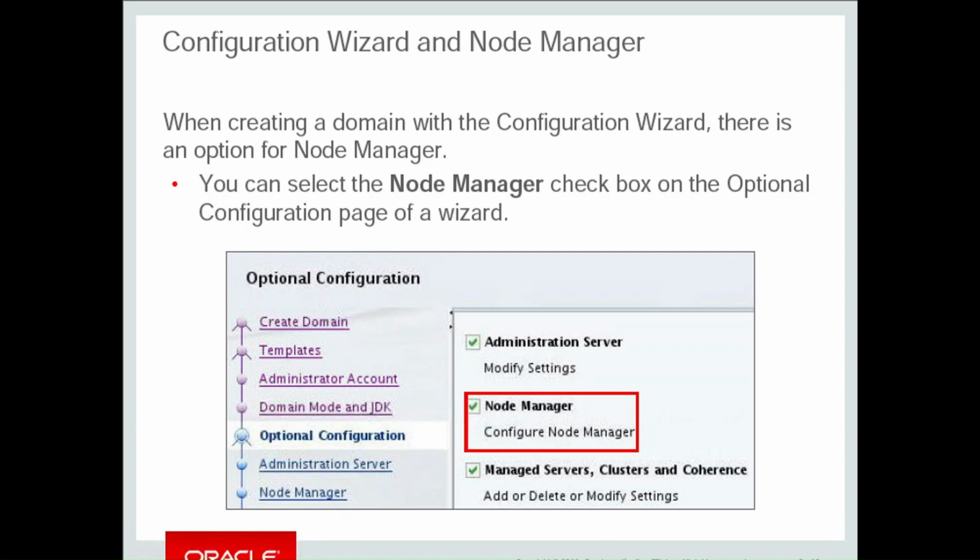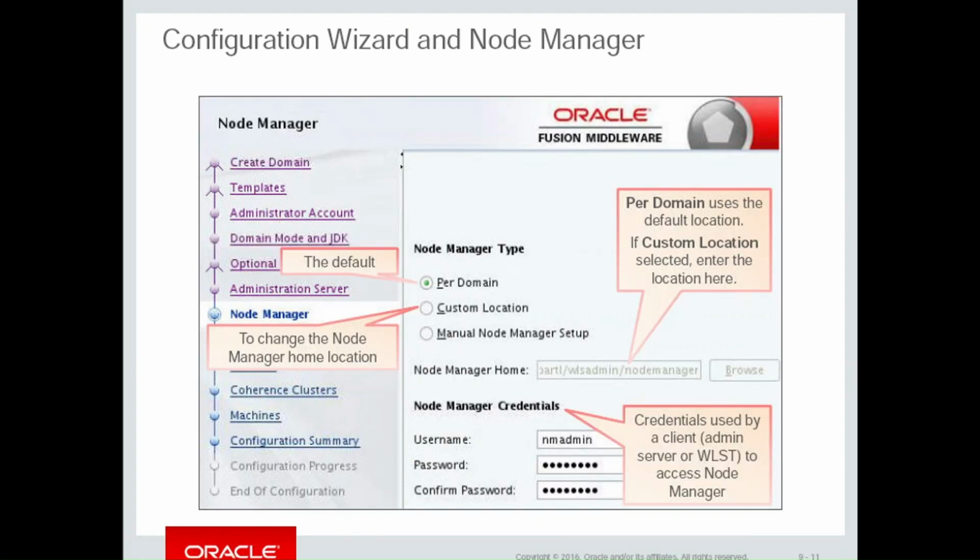option, and then the next page will come to configure the node manager. So here we have the configuration wizard and node manager. There we can see the node manager type. By default, the node manager type is per domain, and we'll go with per domain, and it's a Java-based node manager. If you want to change the node manager home, we can update it here, or else it will keep the default within a